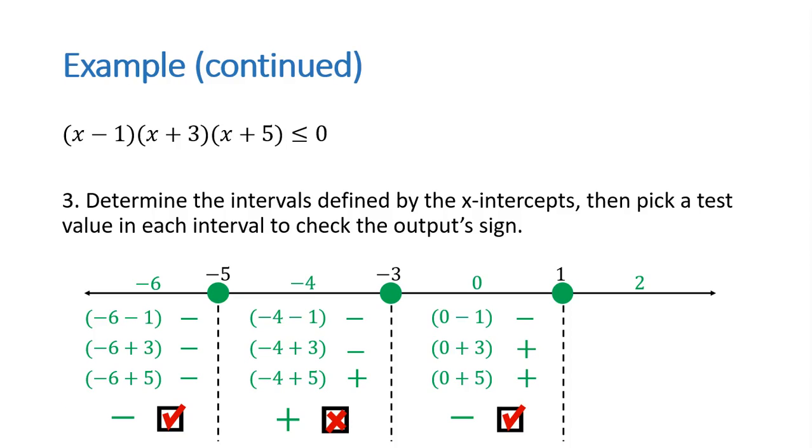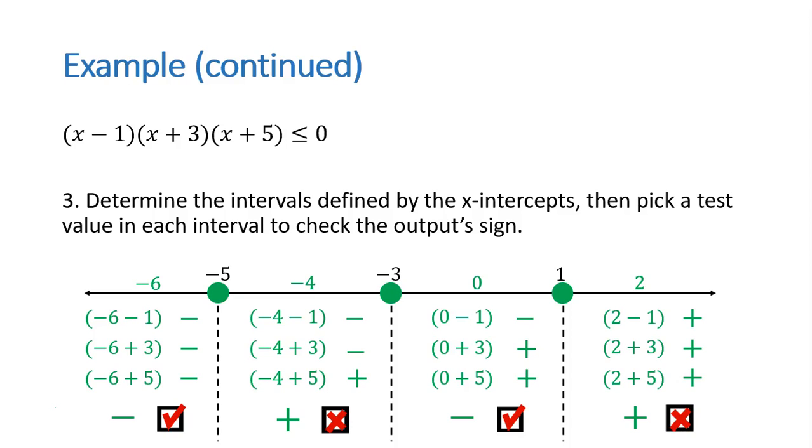Last but not least, let's check 2. 2 minus 1 is positive, 2 plus 3 is positive, and 2 plus 5 is also positive. Any number of positives multiplied always give us a positive output. So because our outputs are now greater than 0, they're positive numbers, we don't want to include this interval as